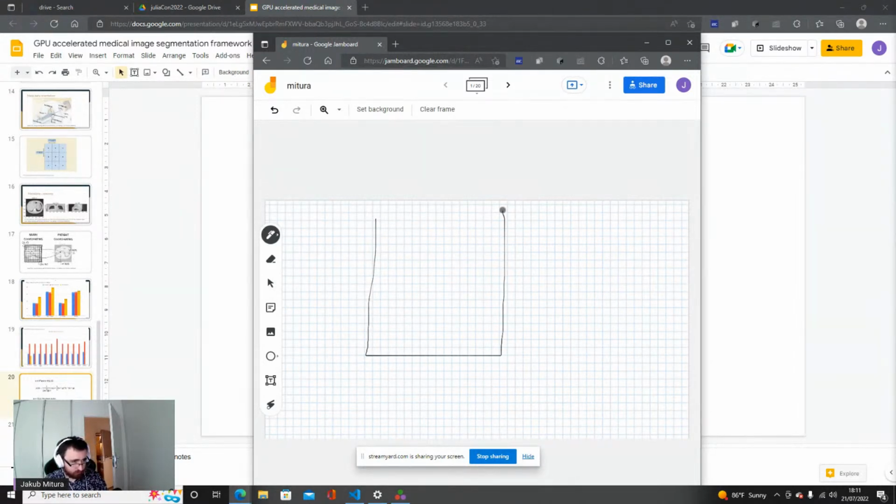First of all, let's imagine the common problem that we have the lungs, and in the lungs we are looking for tumors. What is important from the numerical perspective is that the tumors are relatively small, or can be at least relatively small, relative to the whole volume.